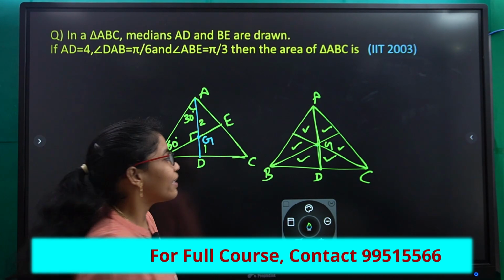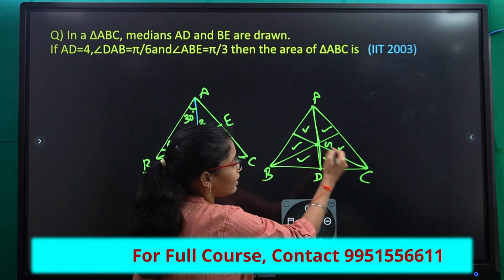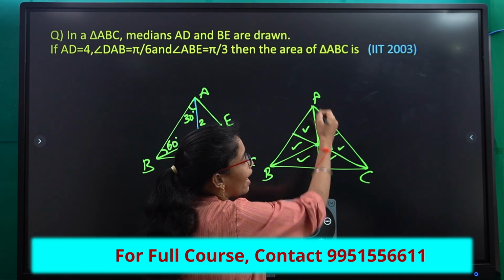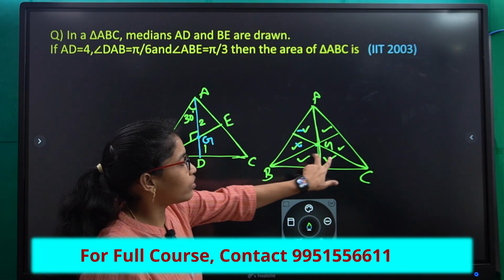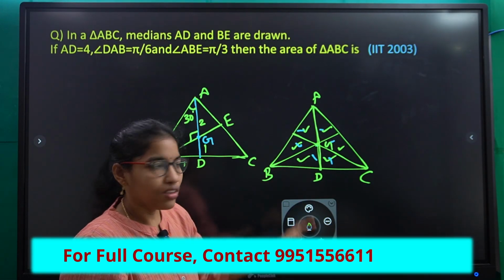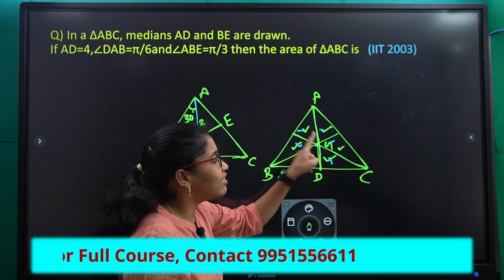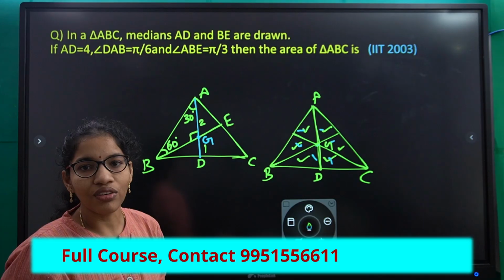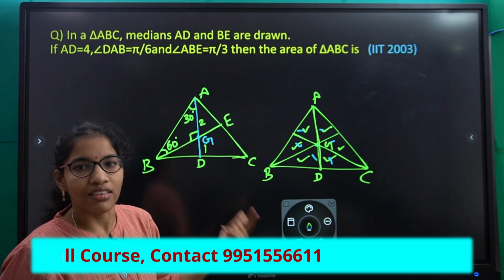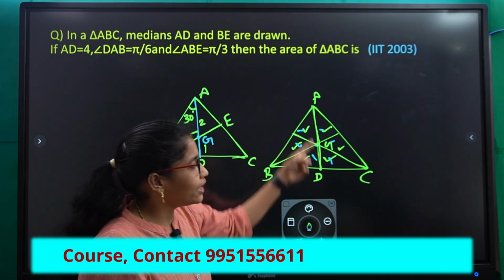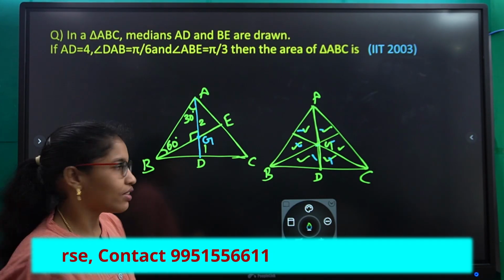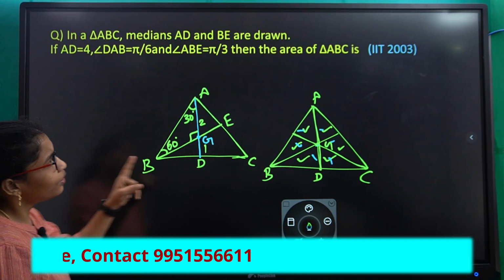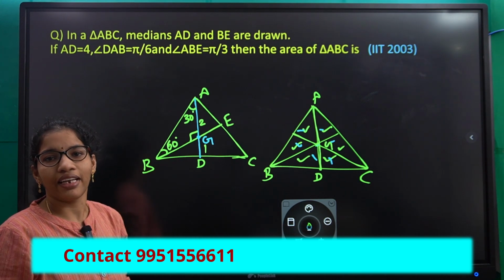And one more point here it is, this AGB and BGC and AGC areas are also equal, because these two sum is equal, right? So that's why you can take this G divides the given triangle into 3 equal area triangles, 6 equal area triangles, and the median divides the given triangle into 2 equal area triangles. Clear? Right. So here we want to find the area of the triangle ABC.